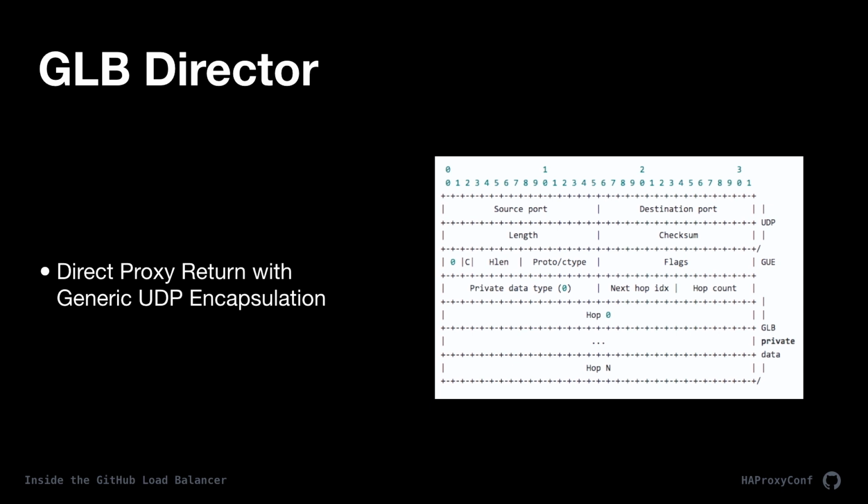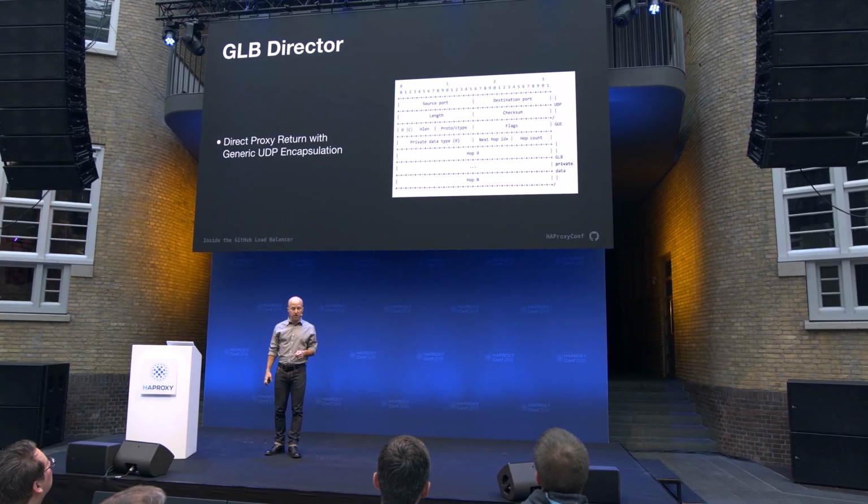One, it simplifies the design of the director because we're only dealing with one direction of packet flow. It also makes the director transparent both to the client and to the L7 proxy, so we don't have to mess with X-Forwarded-For and that kind of thing. We can also add extra metadata to each of the packets to the proxy tier, which we use to implement